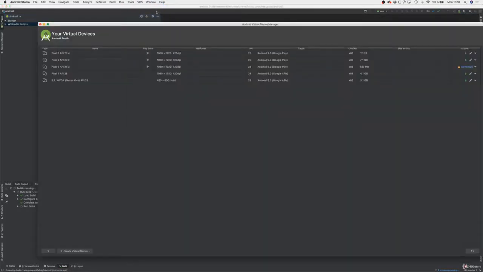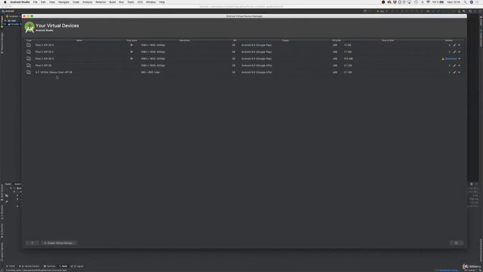If you find it in neither of these places, you should try to reinstall the Android SDK and possibly the entire Android Studio. But once you found it and you open it, you should see a screen that looks something like this. Here I already got a couple of virtual devices. You might not have them yet. And you can simply create a new one with the button here in the lower left corner if you click